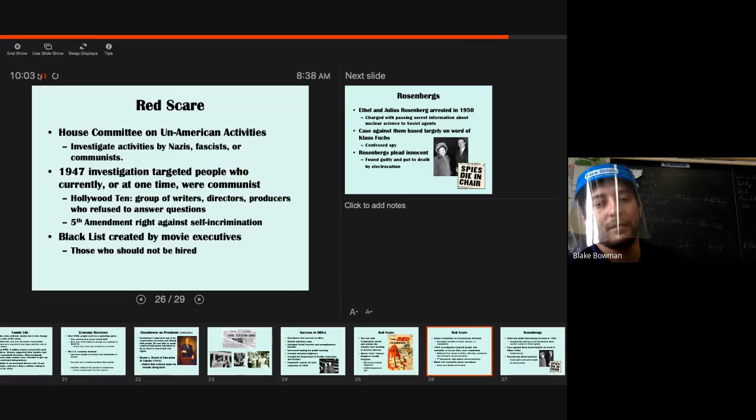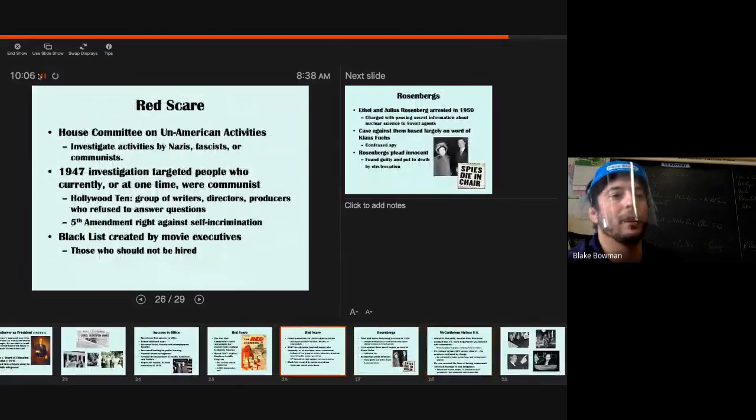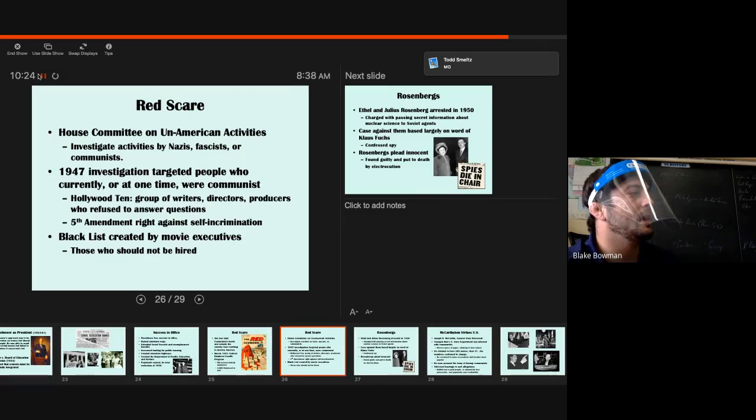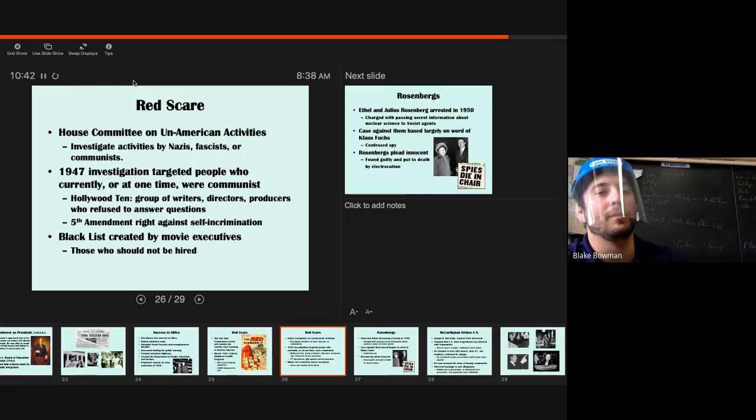All right, real quick, last two slides here, I think, for the most part. So the Red Scare, like I mentioned before, the Hollywood 10, they're a group of writers, directors, producers who refused to answer questions to the HUAC. They didn't believe that this was a just, worthy cause, and that they were just kind of making up stuff as they go. And they didn't have a lot of backing. Eventually, many people saw the silver lining within the HUAC and how they didn't have too much evidence and how this was just literally a Red Scare, building on the paranoia of many Americans that the U.S. would maybe potentially be taken down by these communist supporters,